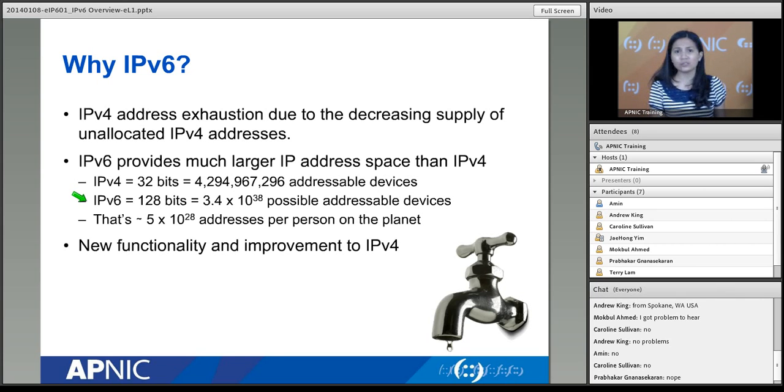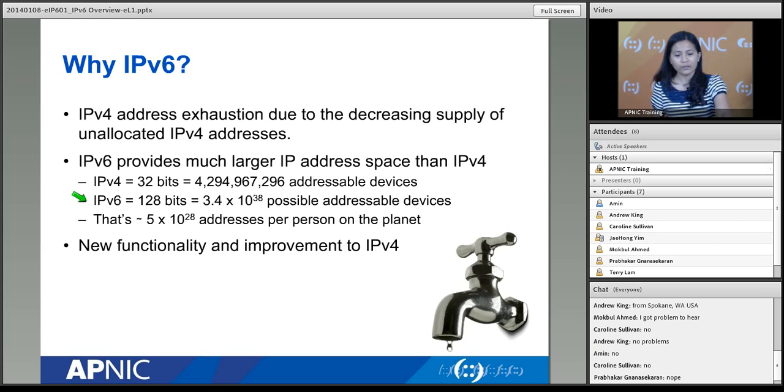But the actual number of addresses is not just multiplied by 4. It is an exponent. So it is 2 raised to 128, which gives us around 3.4 times 10 to the 38 possible addressable devices. Okay, which is good news for us. That is really a lot.